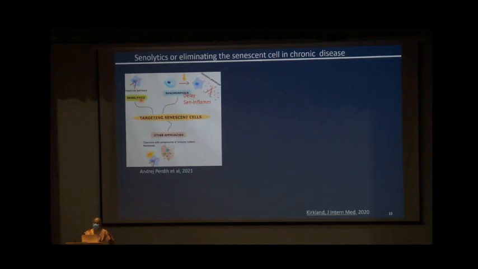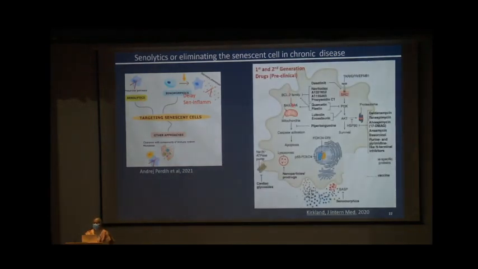So what is a senolytic? What people have found is that the senescent cell, as I showed in the fatty liver, just sits there and does not actually die. So is it possible to elicit in these so-called zombie cells, can you actually make them undergo death so that you can eliminate them? So using repurposing, there are now first and second generation drugs which are in the